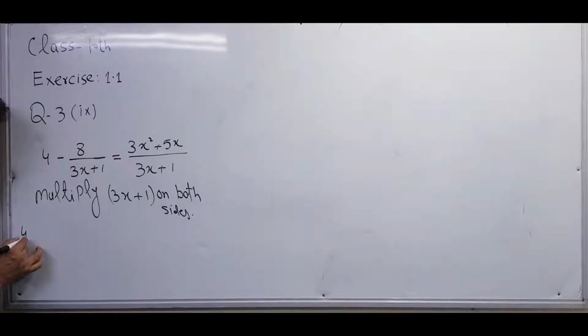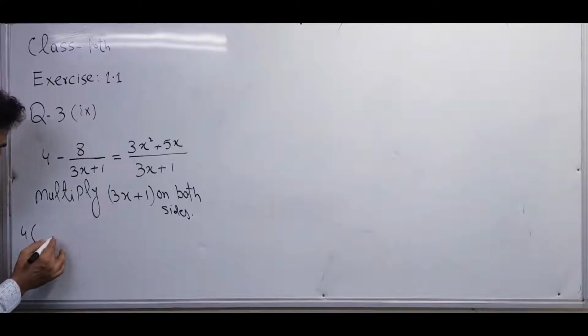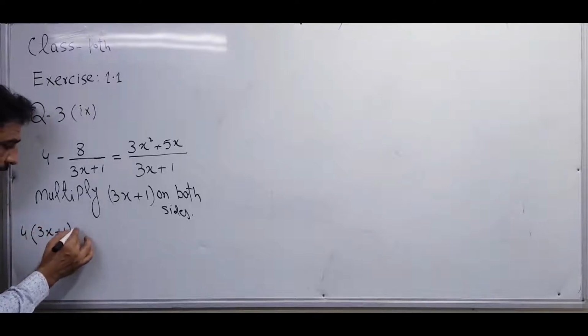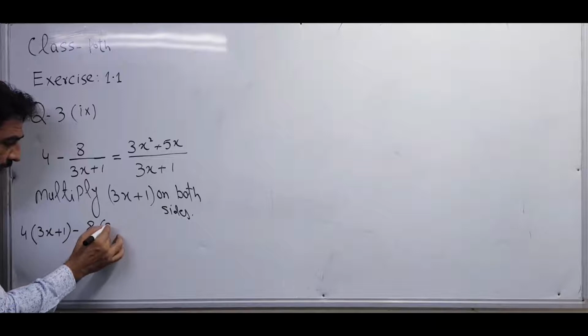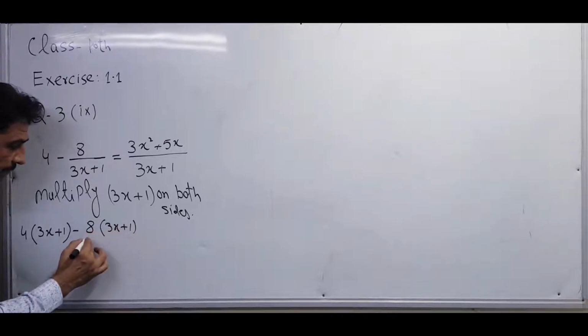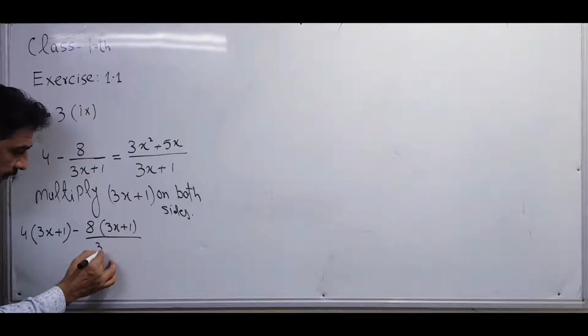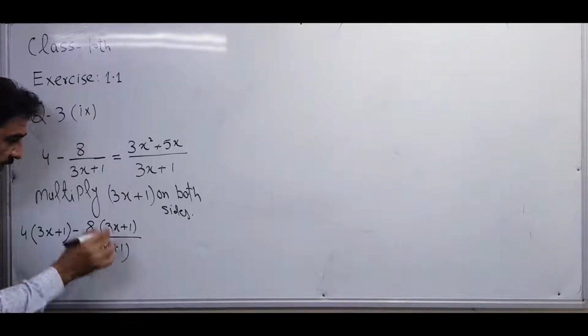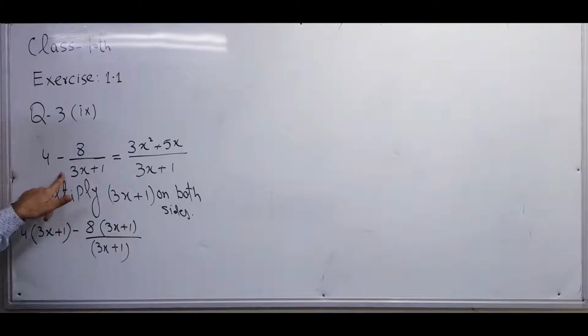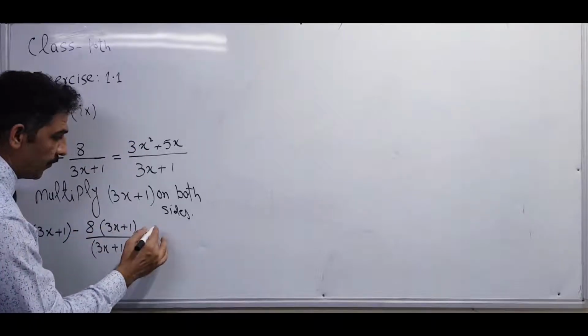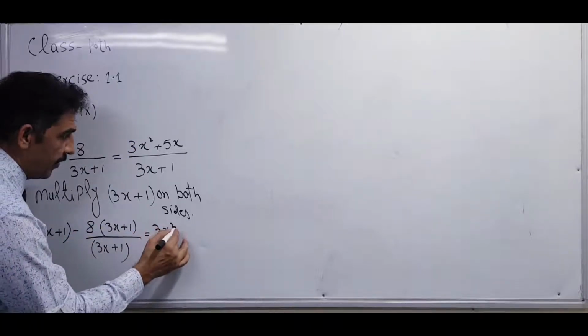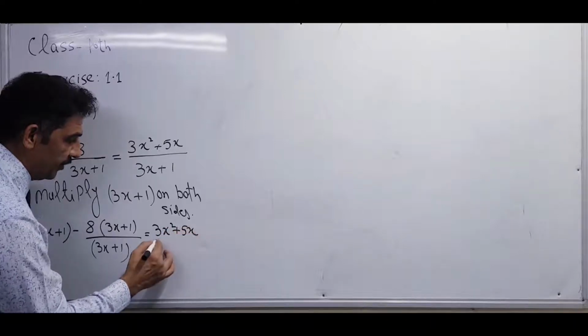So 4 multiplied by the first term. What will we write? 4 multiplied by 3x plus 1. Right? After that, minus 8 multiplied by 3x plus 1 over 3x plus 1, which is already written here. Okay? So the next one, 3x square plus 5x will remain the same, 3x square plus 5x over